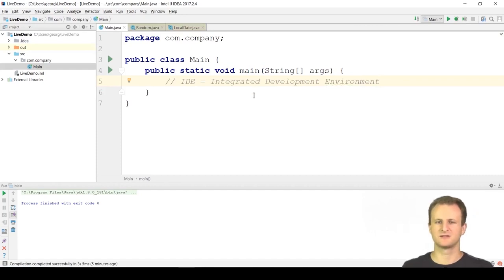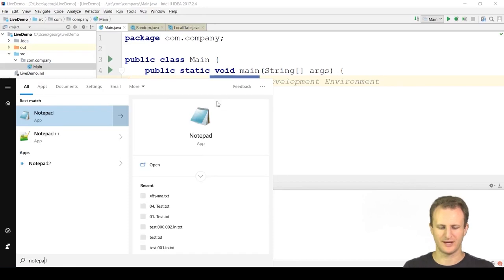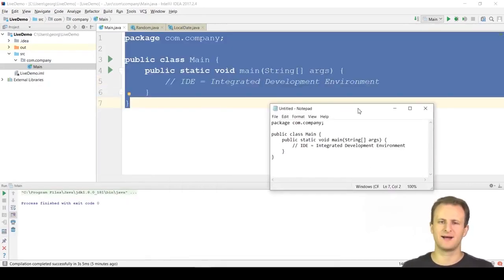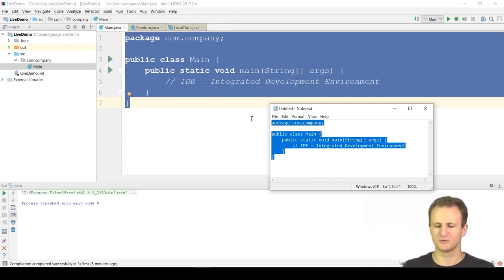What does Integrated Development Environment mean? Well, you could actually write code in just Notepad, meaning that you can start a Notepad and copy this code over here, and this would still be valid Java code. However, you would need to manually, using the command line, call the Java compiler, tell it to compile this file,